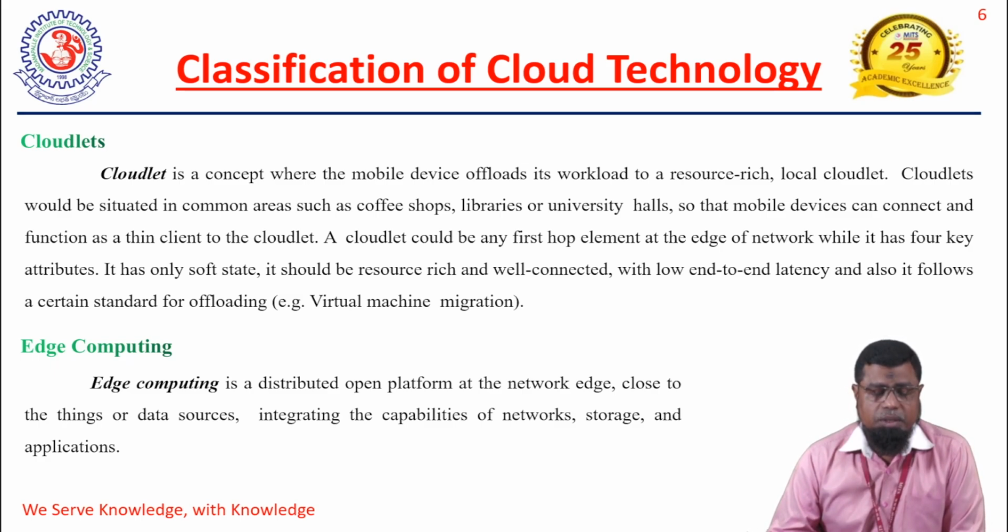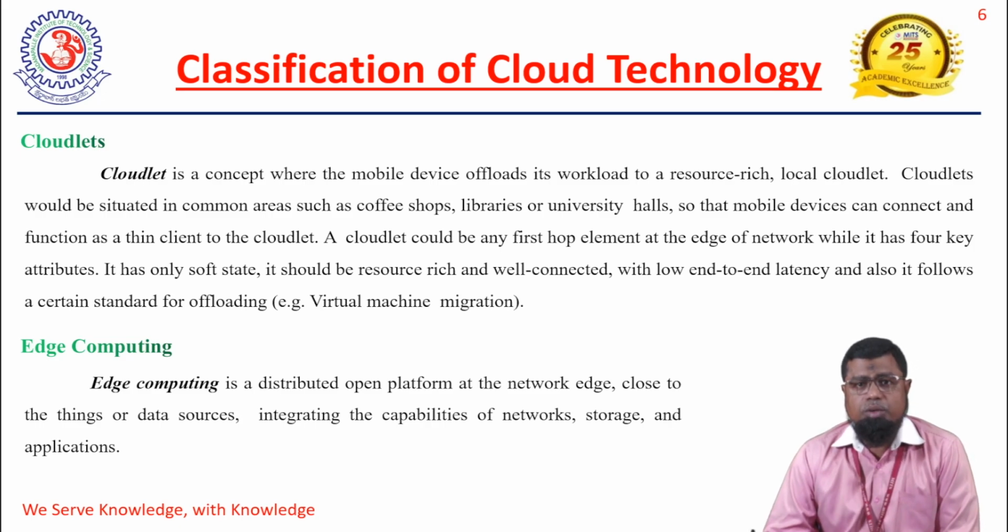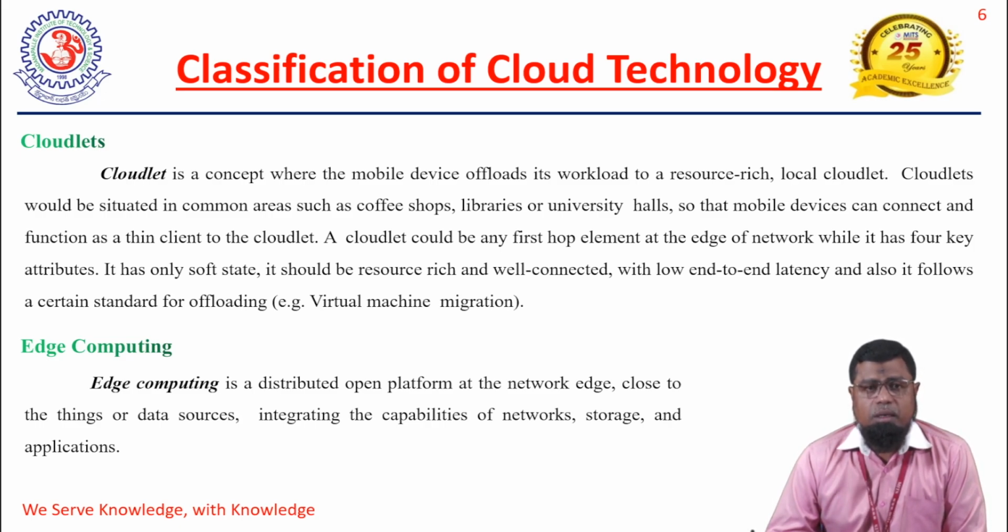The next type is a cloudlet. Cloudlet is a concept where the mobile devices will offload their work or task onto the resources of a small cloud. The major cloud is divided into small clouds based on their location. They are called cloudlets. We can also call it a local cloud. That is a subset of the cloud. So n number of cloudlets will be communicating to the upper layer of the major cloud. That is how the cloudlets are created.